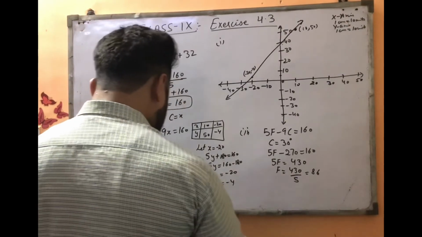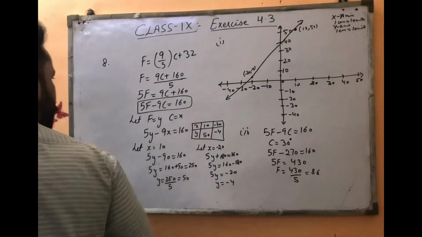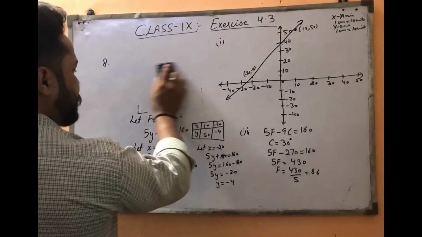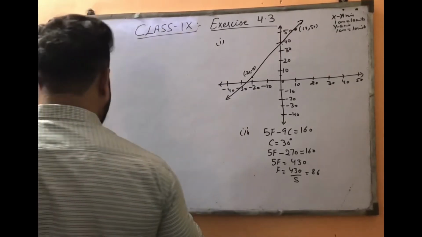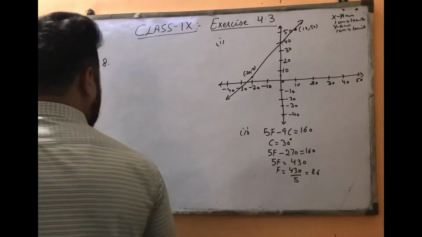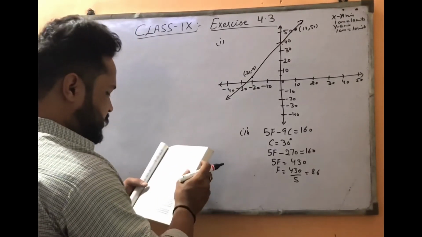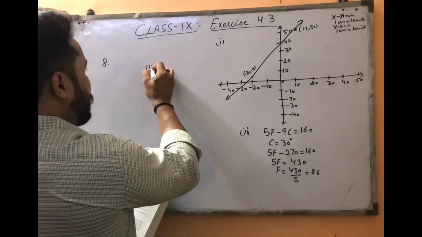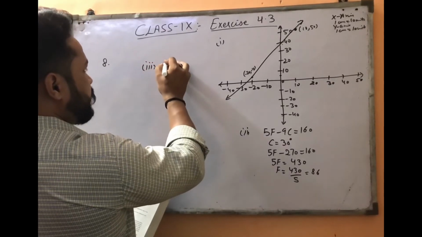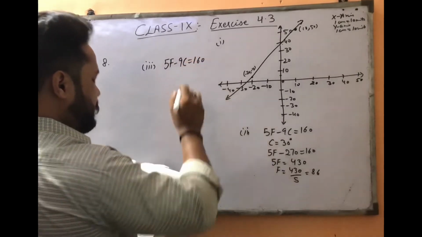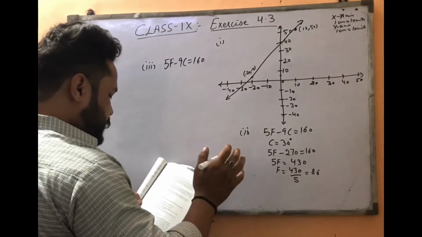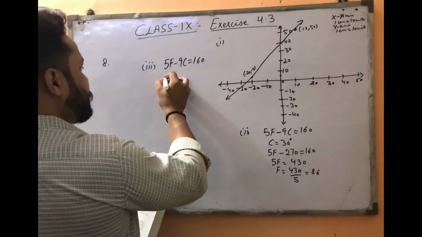Now come to the third one. So I can rub this. आई होप यू ऑल कैन नोट इट डाउन. अगर आपने नोट नहीं किया है तो वीडियो को पॉज करके आप नोट कर सकते हैं. नाउ कम टू द थर्ड पार्ट. तो द इक्वेशन इज 5F minus 9C is equals to 160. तो इफ टेम्परेचर इज 95 Fahrenheit, दैट मीन्स इफ व्हेन